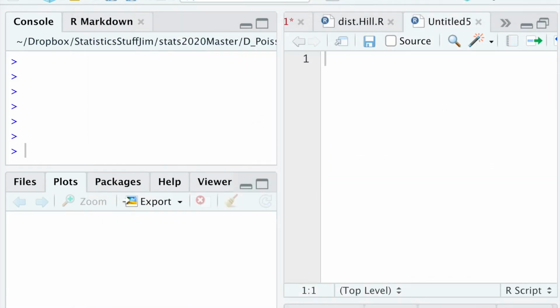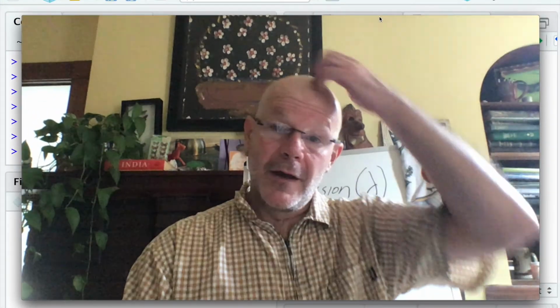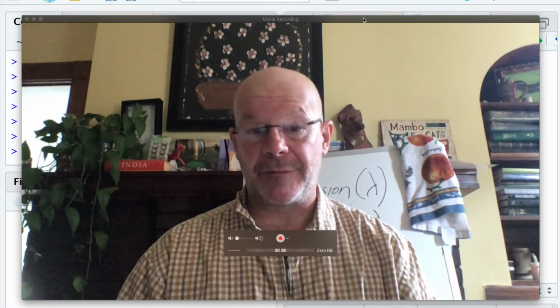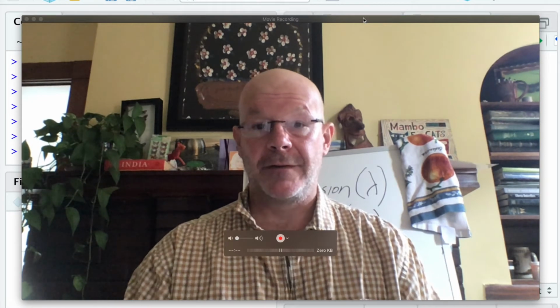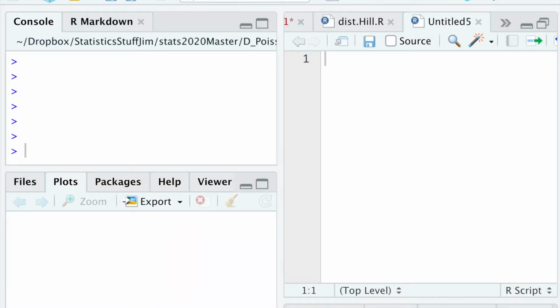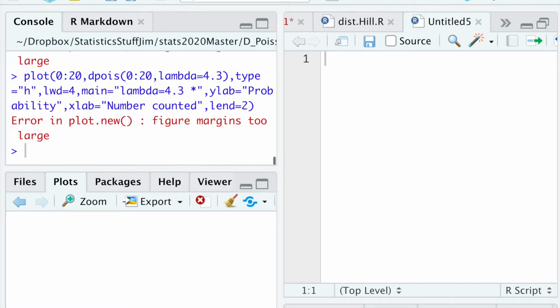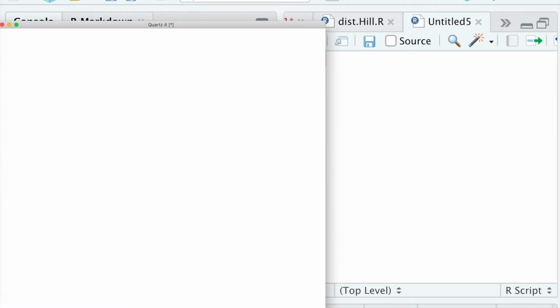And so let me get my face back on here for just a second. And so let's play around a little bit with the Poisson distribution. And the first thing we can do is look at how the shape of that distribution changes as we change lambda. And so I'm going to just run a little bit of code here that we can look at. Oh, of course it is. Quartz. Now I will run that and feel good about myself.